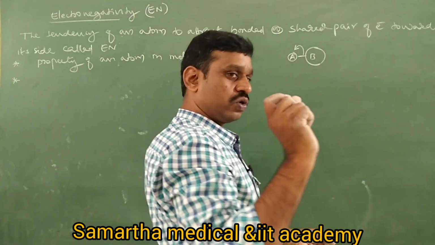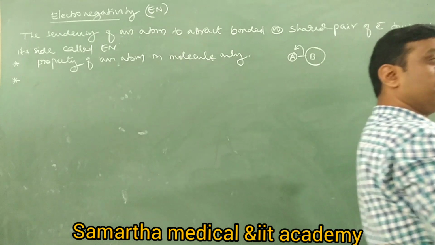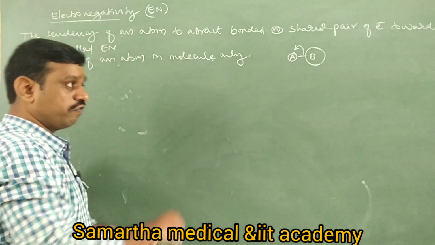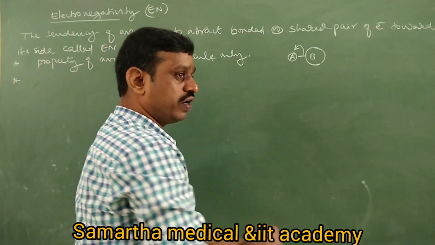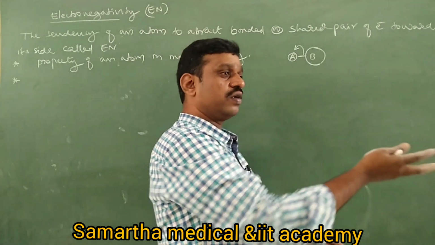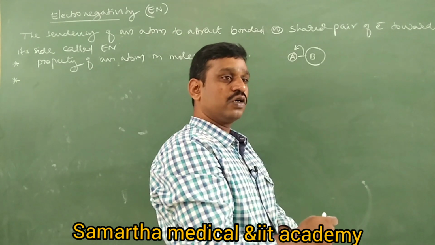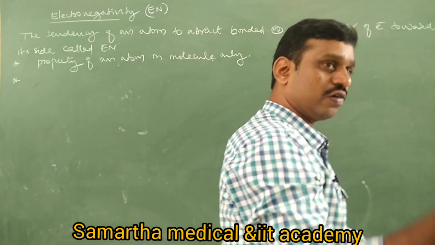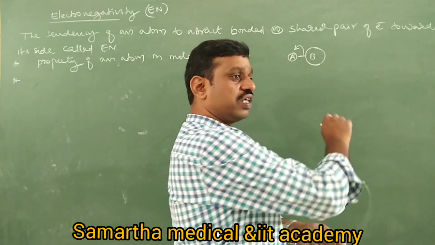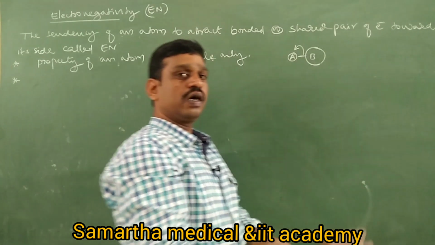That means electronegativity is a comparison value, a relative value, right? Wherever we get a comparison or relative value, it has no unit. This was a CT question: which of the following has no unit? Electronegativity. It has no units. It is not like kilocalories, not like electron volt. Earlier we studied kilojoules per mole, but it has no unit because it is a comparison value.